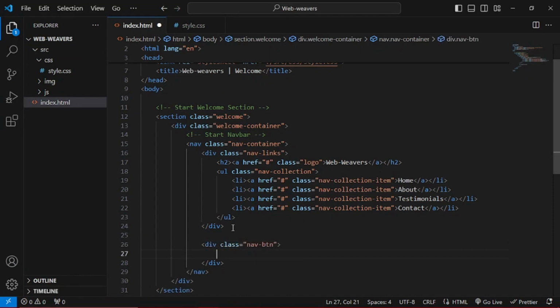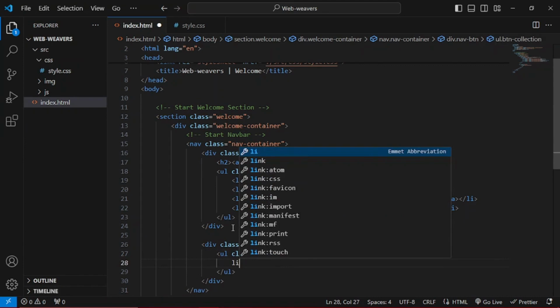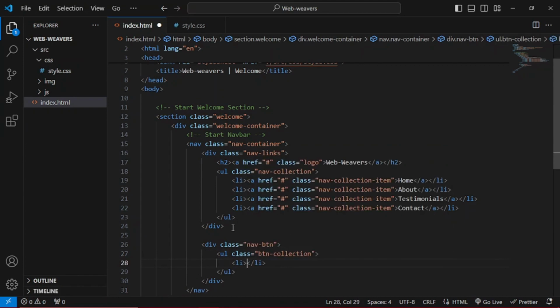Inside that we're going to have a ul with the class of btn collection, and inside that you have an li and an a tag with the class of btn collection item. The href will be empty as well. Inside the a tag you have sign in,